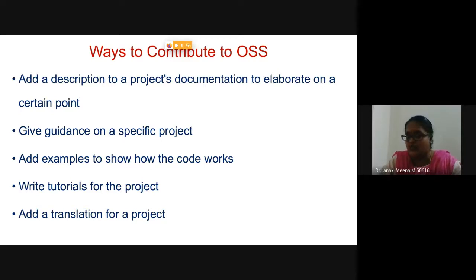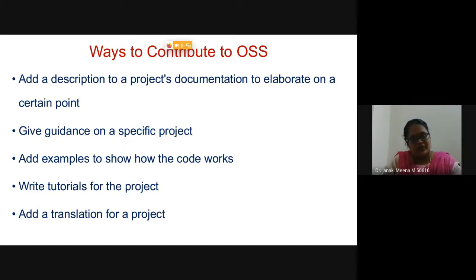When they are developing, all of you must know that comments are very important, isn't it? If you forget to comment your code, you yourself will not even understand. It's not only for open source. Just think of your data structures lab or your operating system lab. If you're writing a bigger code and forget to comment it, it's very difficult to understand what you're doing even after a month or so.